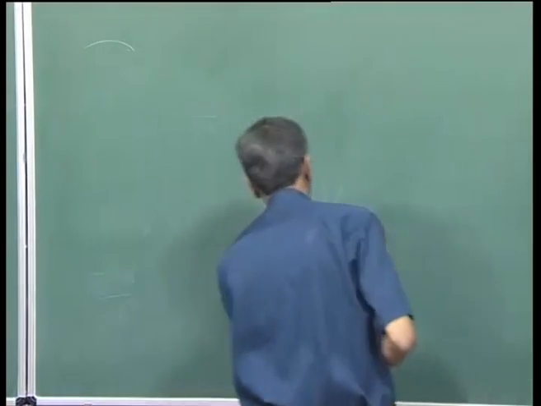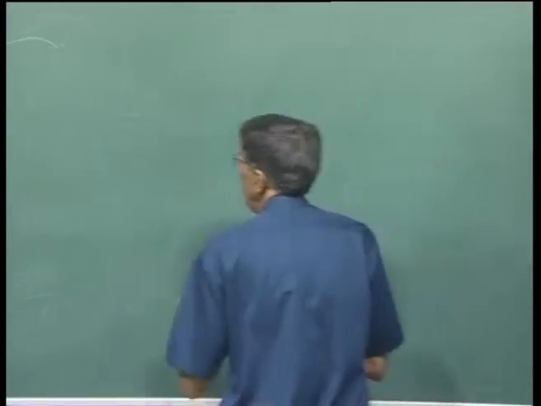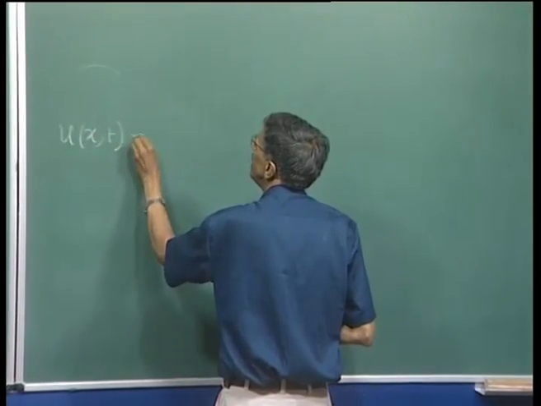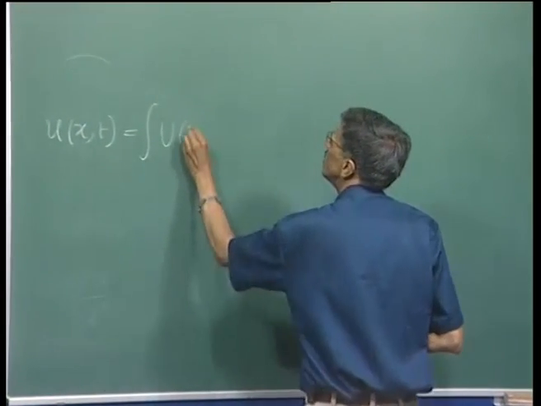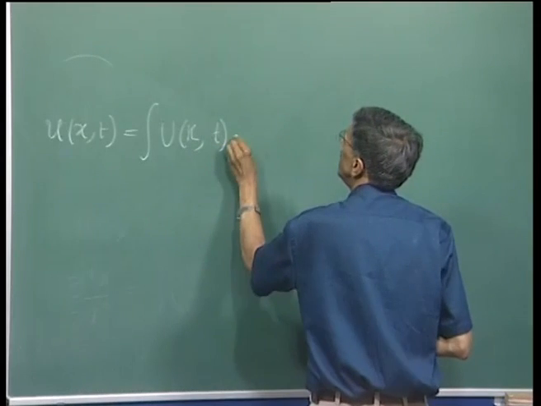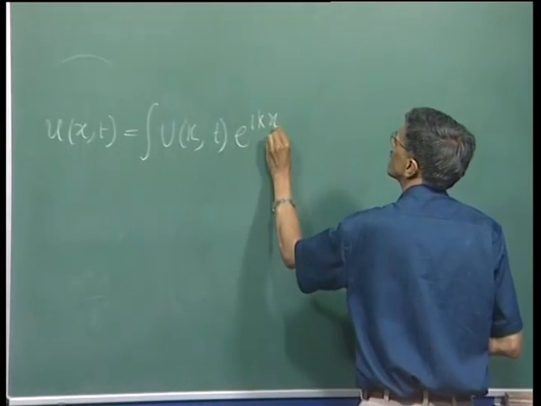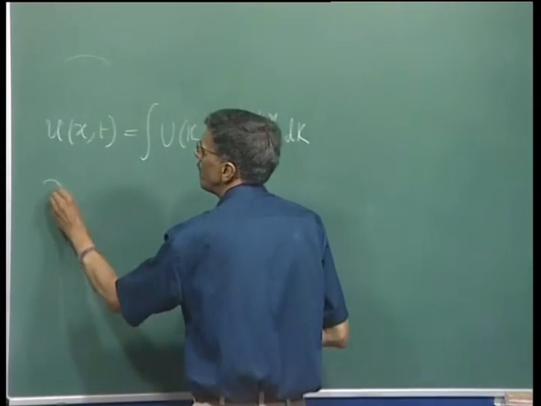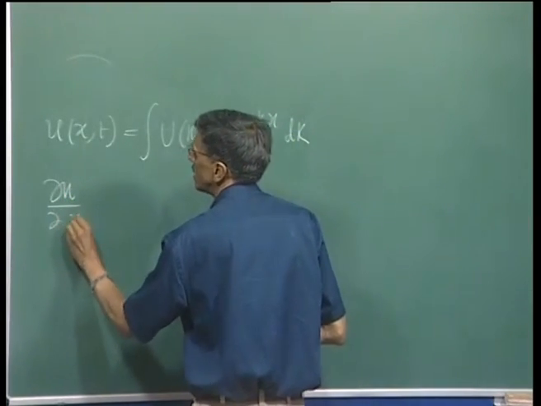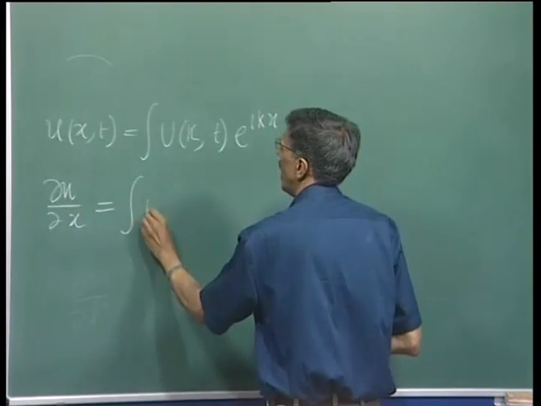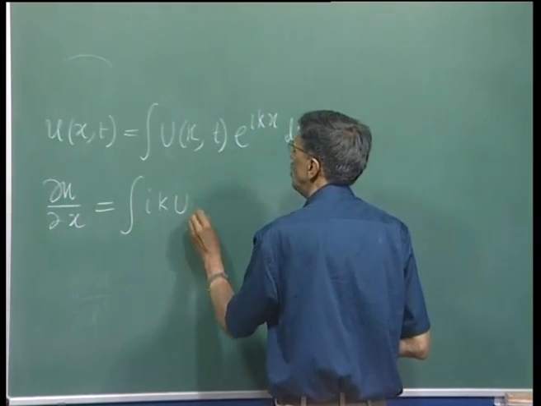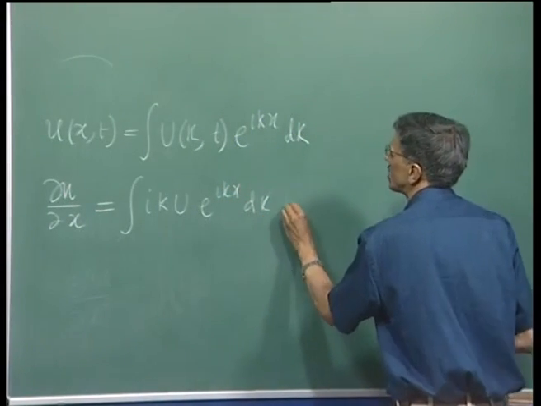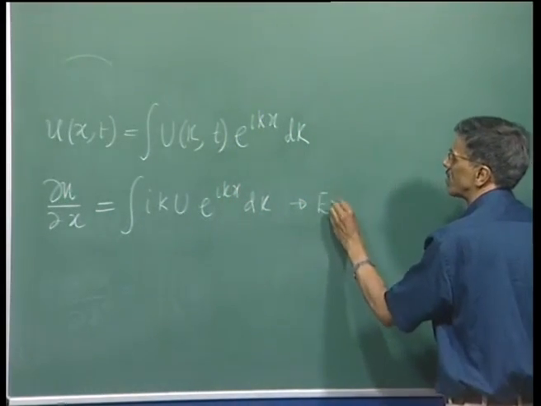If I represent u of x and t in terms of u of k and t, e to the power i k x dk, then del u del x can be very easily written as i k u e to the power i k x dk. So, this is your exact representation,